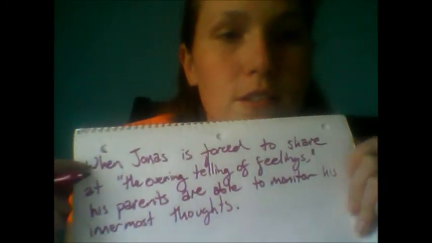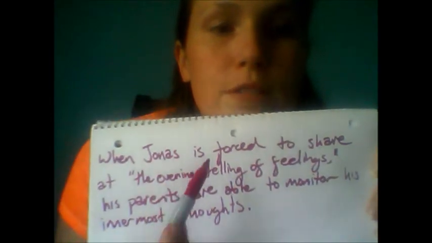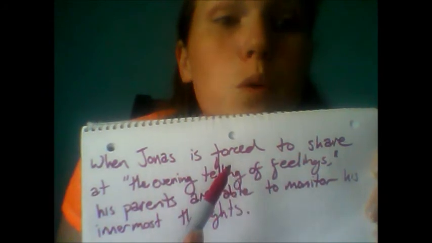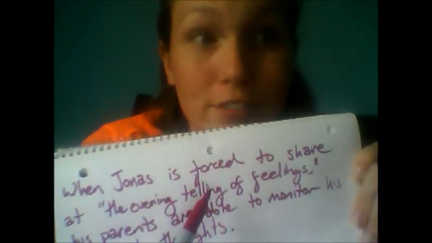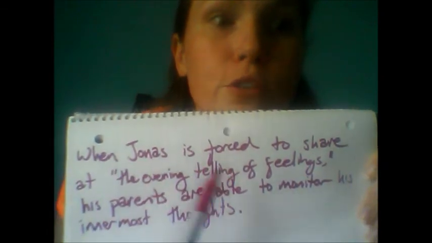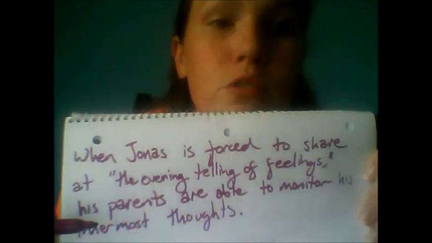So here's the deal. This Jonas and his family part is me explaining the who, right? And I say when Jonas is forced, the force, that's not in the quotation. I'm not summarizing the quotation. I'm actually talking about something that's mentioned later, okay? So when Jonas is forced to share at the evening telling of feelings, his parents are able to monitor his